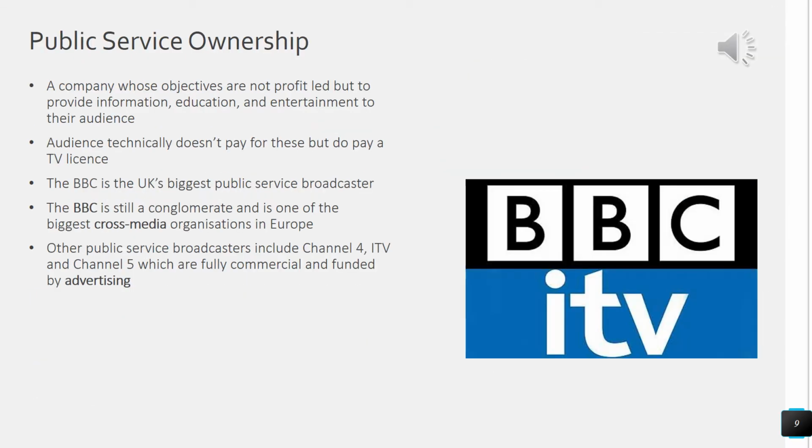Right, the final structure that we need to look at is public service ownership. So these are companies where their main objectives are not profit-led. So they're basically there to provide information, education, and entertainment to the audience. Now, the audience technically doesn't pay for this directly, but you do pay a TV license, which goes towards the funding of the BBC. The BBC is the UK's biggest public service broadcaster, so they've obviously always had BBC One